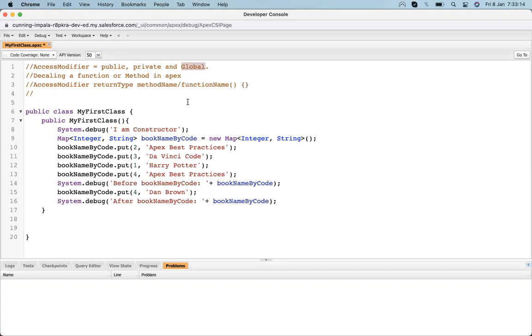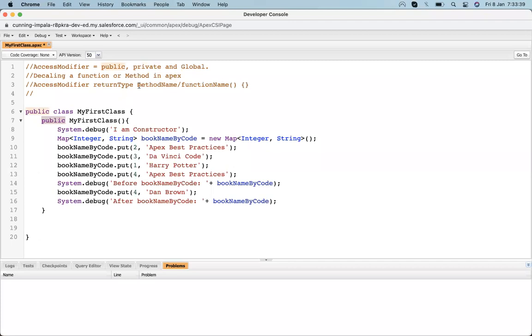So if we declare a class as global, then we can access that class's methods from outside that package. At that point we can use the global modifier. But apart from that, we just need to use public and private. A public method is available, and anyone can call it.